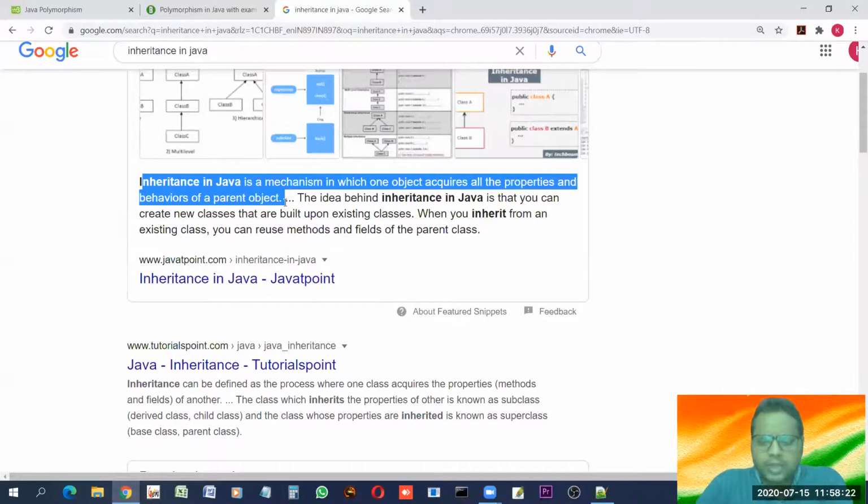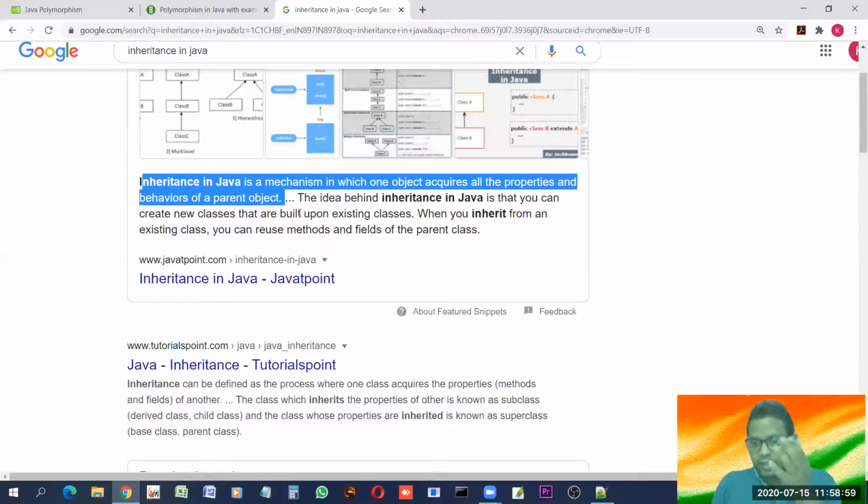This may be a little complicated to you. What is this? But yes, this happens. It means if you have made a class, now what does a class contain? It contains data and functions. And now suppose you need one more class, but in the new class that we want to make, all the functions and all the data which we have already made in the first class are needed, but two, three more extra functions are also needed. So instead of defining the new class from the beginning, we can inherit class one.